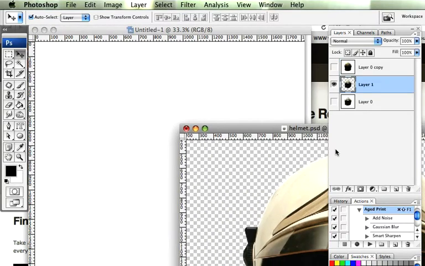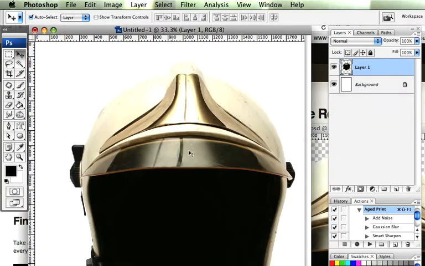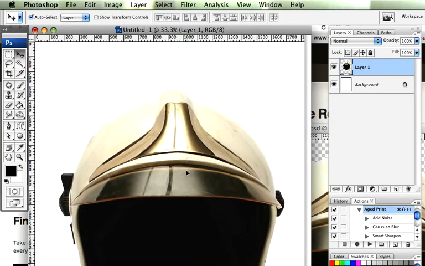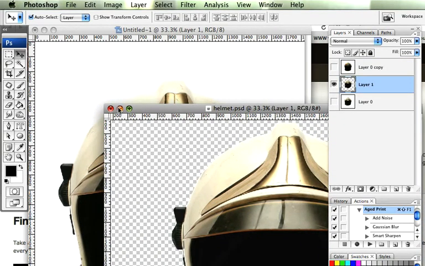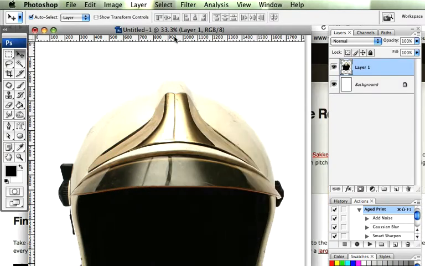Then I should be able to just drag that straight in like so, and I can, that's great. And then just position it somewhere roughly down in the middle, and then I can just minimize that or close it down. So once you've got your helmet onto the canvas that you're going to be using, the next step is we're going to desaturate it. So I'm going to hit Command Shift U on the Mac, or Control Shift U,